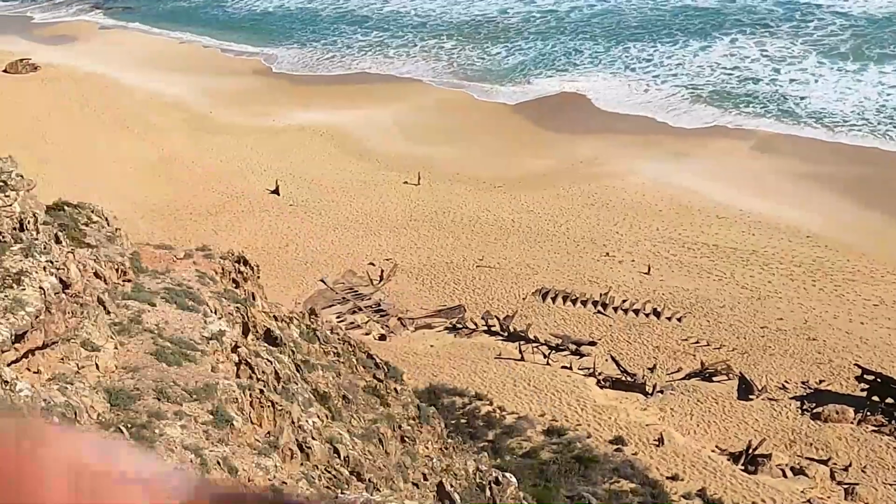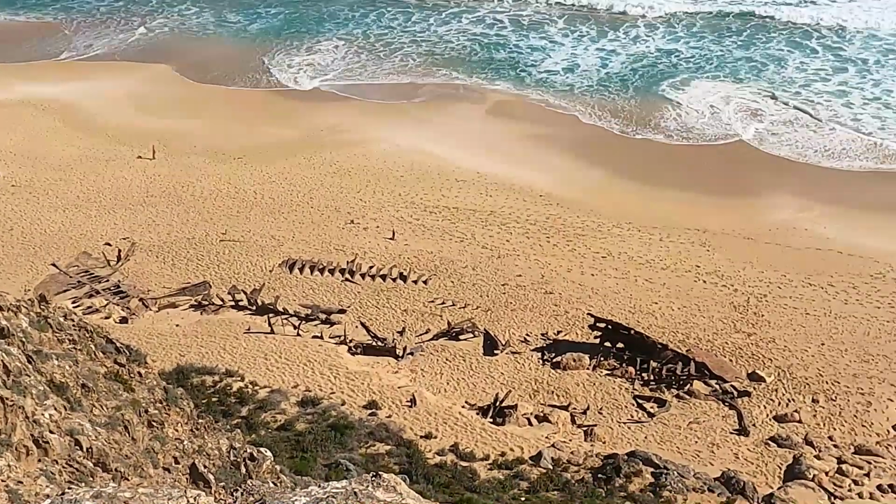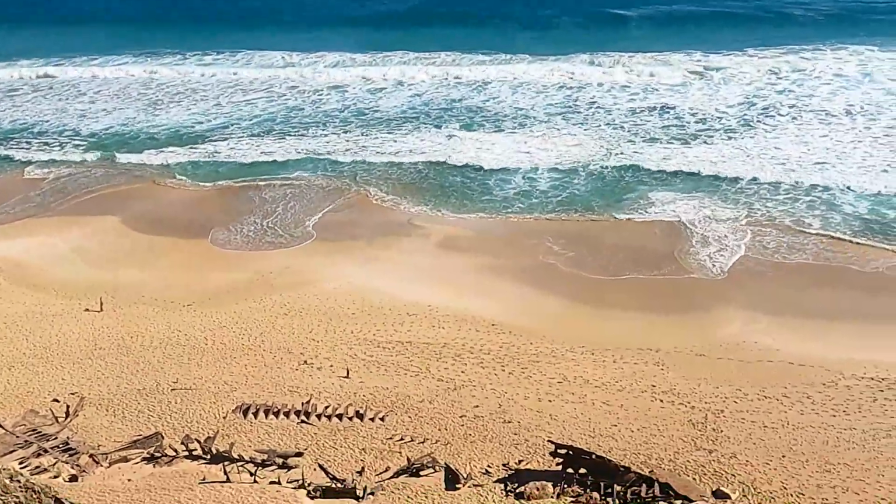There's another little piece over here. How did we get a floor and get there? Yeah, I don't know. Why are they just like...